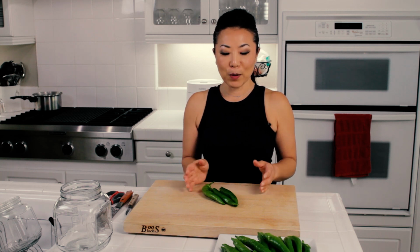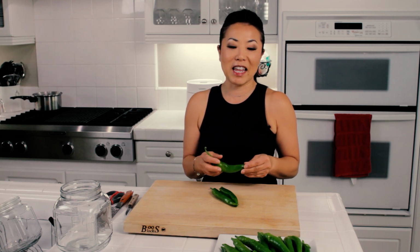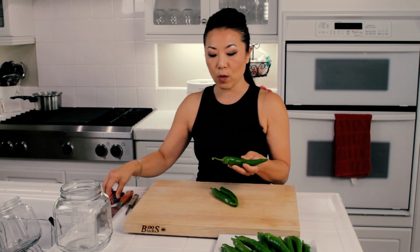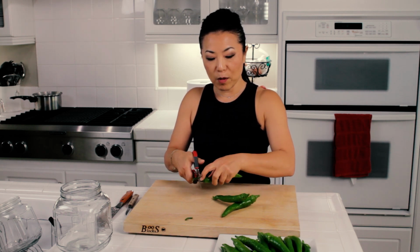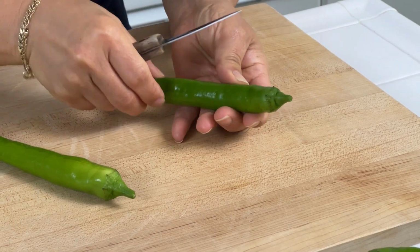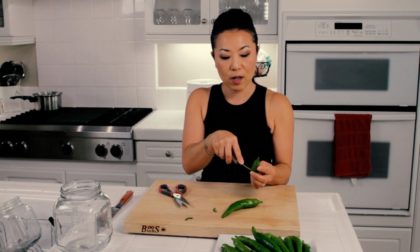All right, so the first one I want to show you is the Korean pepper 장아찌. Sometimes it's kind of sweet, sometimes a little bit spicy. You just really don't know what you're gonna get. So let me show you how I prep them. They're all done here, but I want to show you with the three. These have already been washed and rinsed, and what I'm going to do is trim the tail. I'm doing three so I can just show you. They're all flying all over the place. And then you want to make a little slit. It could be long or short. The reason why I'm doing that is because when it's in the brine, it'll help the brine get into all